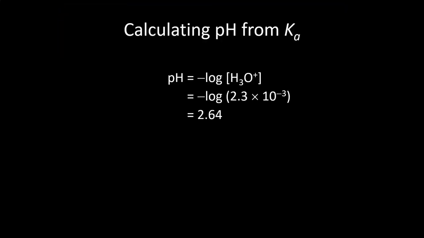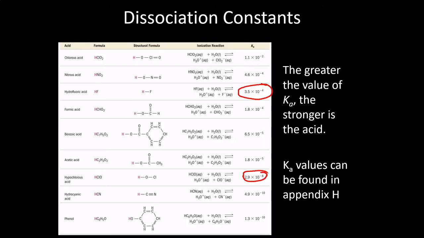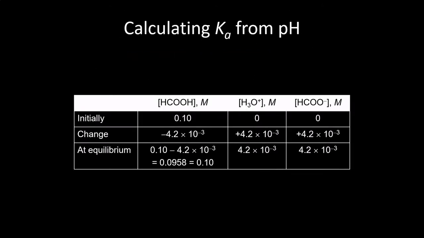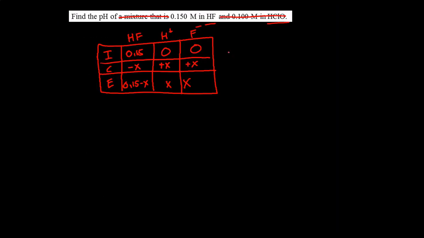Oh, I should have written down that Ka value. Sorry for flying through the slides here real quick, but it's 3.5 times 10 to the negative 4. 3.5 times 10 to the negative 4 is our Ka value. That is equal to x squared over 0.15, because again we're making the x's small assumption. And so if we do that math,